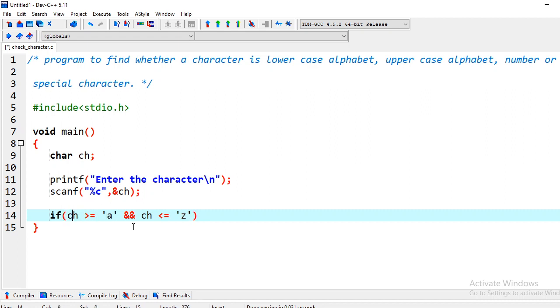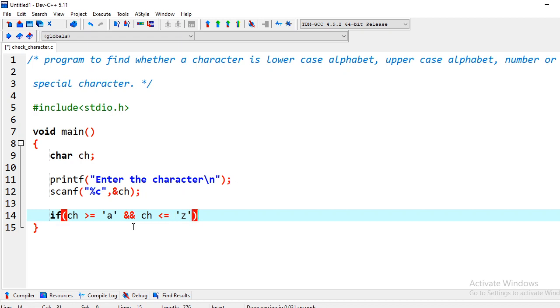We are checking the letters which are greater than a, that is b, c, d and all, and the character should be less than small z. Basically we are checking that the character should be between small a and small z.